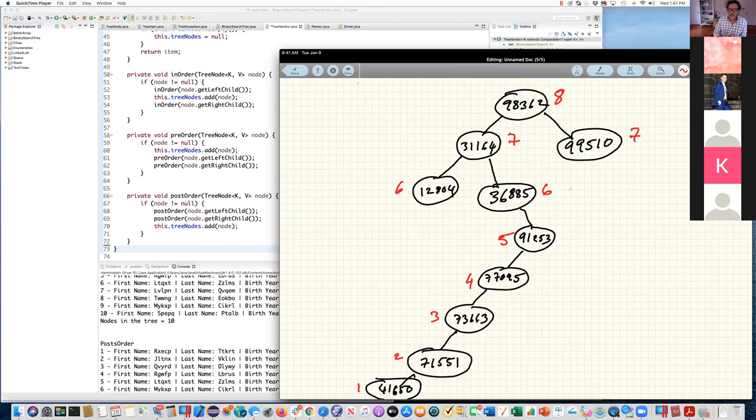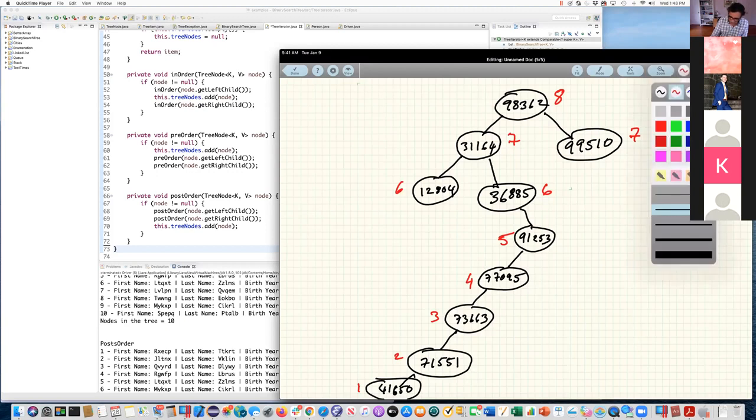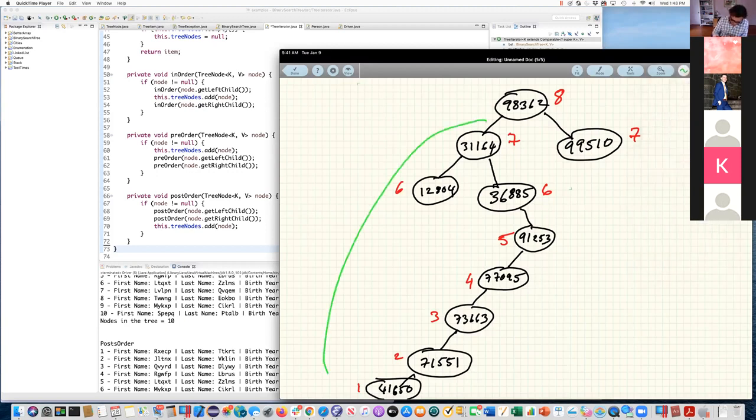So a tree is balanced if the tree and all of its subtrees are balanced. And a balanced tree is a tree where the difference between the height of its left subtree and the height of its right subtree is not more than 1. So if I look at this tree and the height of its left subtree, the height of this tree is 7, right? 1, 2, 3, 4, 5, 6, 7.